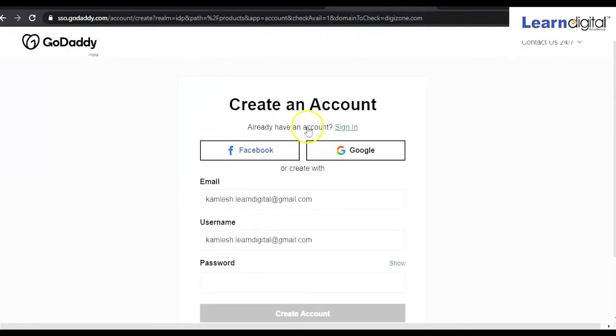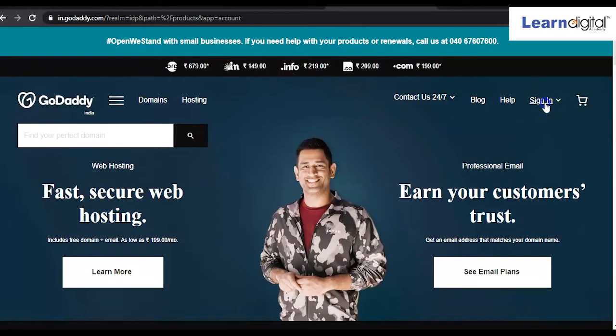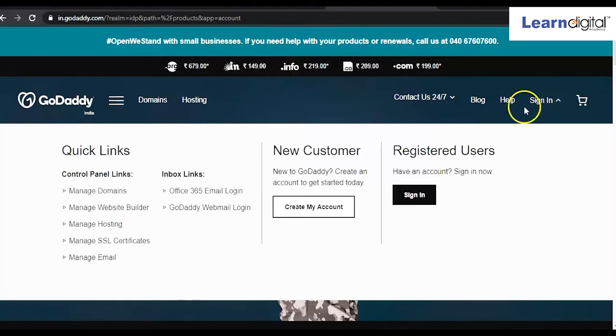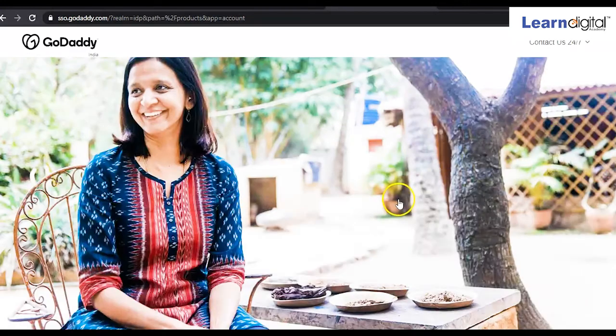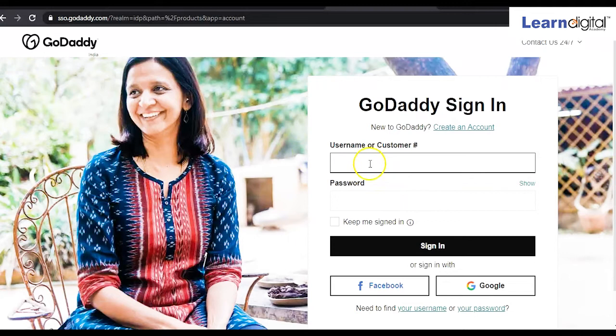After creating that, you can go to the sign in option, and by putting your email ID or username and password, you can simply log in to your account, right? So you'll have a dashboard. From there you can simply purchase that one, no issue, right?